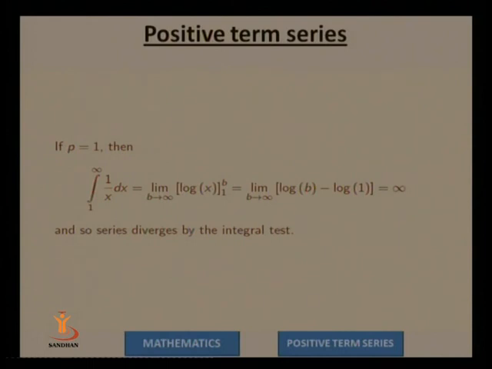So as a conclusion we can say that the series is a convergent series for p greater than 1, and that series is a divergent series for